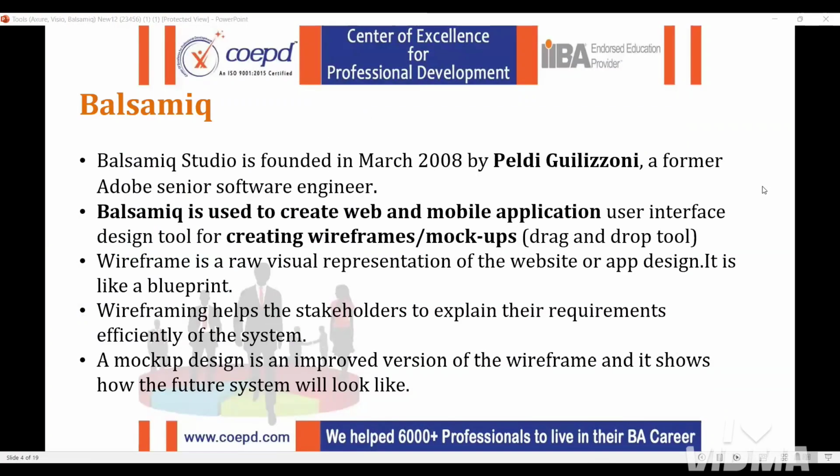Okay, fine. So, guys, let's discuss prototyping tools. In the previous session, we discussed all your modeling tools. Now we will discuss the prototyping tools. As a BA, why are we using all these prototyping tools? Let's understand. First of all, you need to understand as a BA, once you gather all the